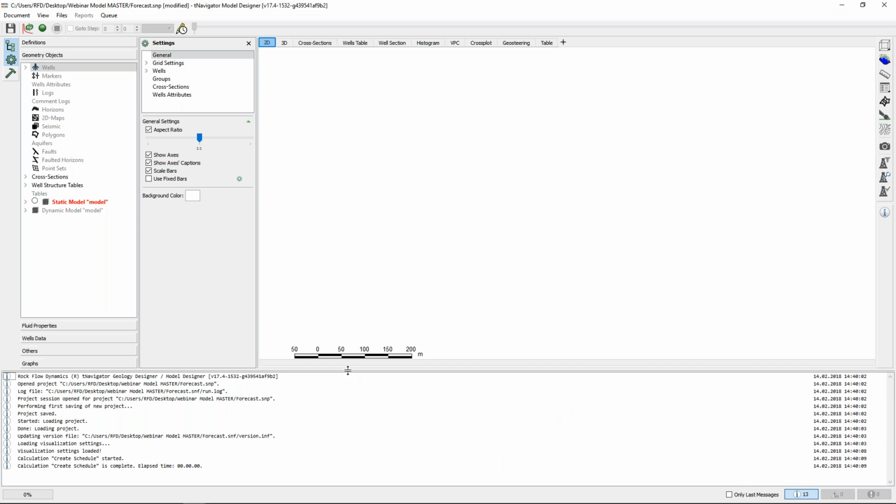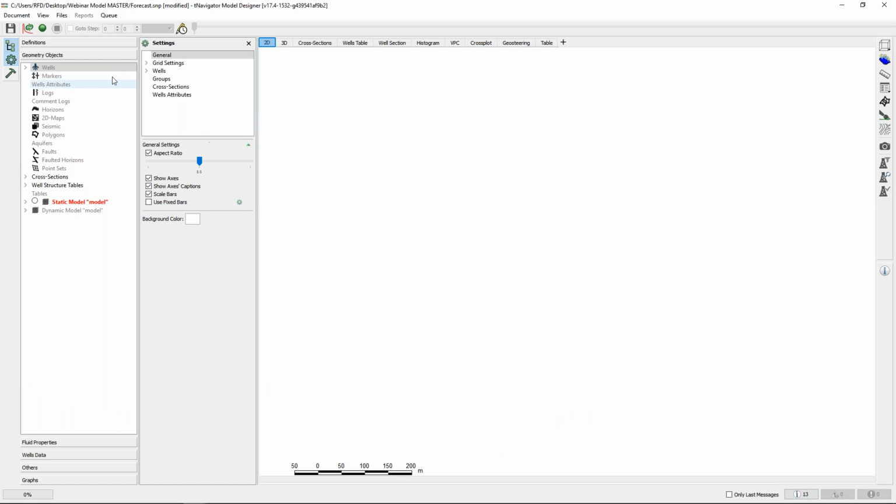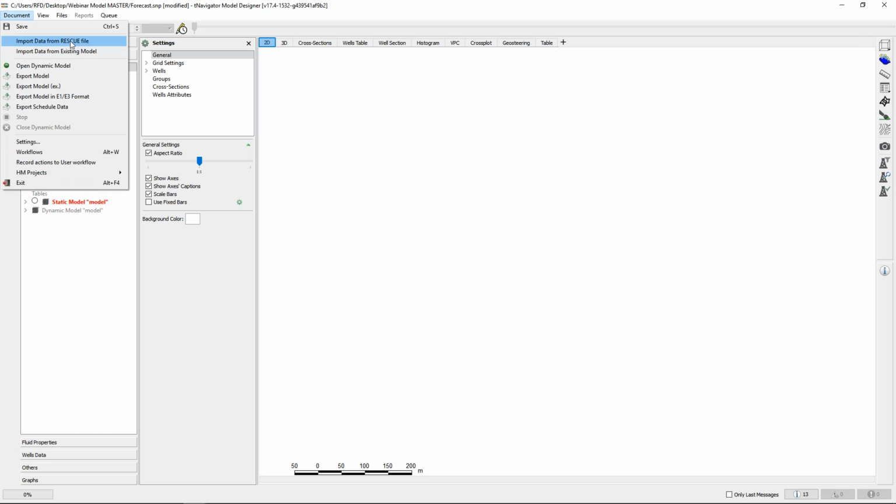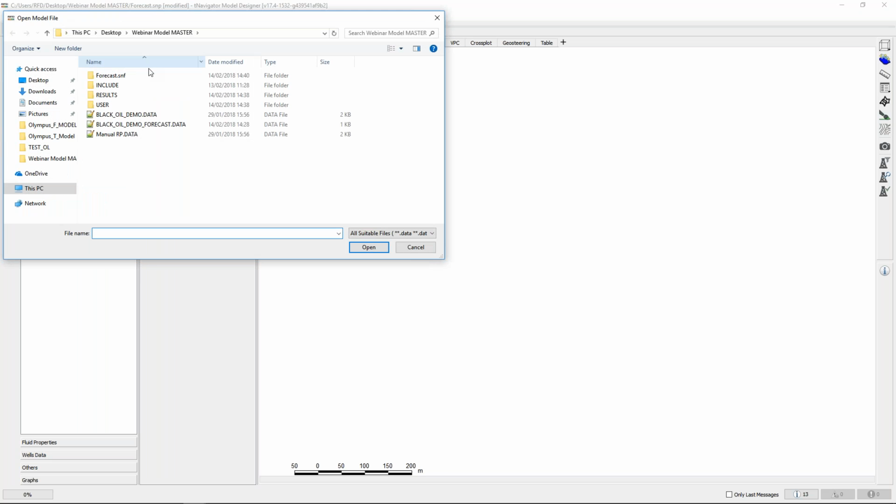Excellent. And we're now just given a blank screen. So again, I'm just going to minimize the log bar at the bottom for better visualization. Firstly, I'm going to import my model, and we have two ways to do this. We can either import data from rescue files that come from other model builders, or we can just import data from existing models. I have an existing model, which is my data model here,